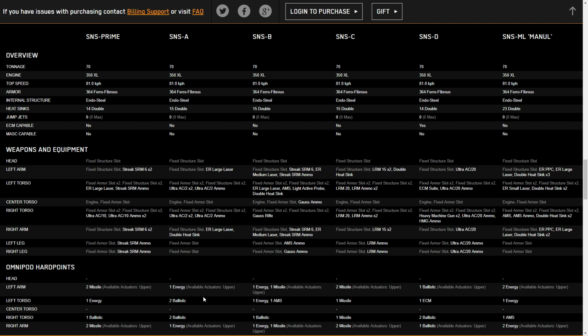So it could just be a good dual Gauss platform, something like, say, that the Jaeger mech kind of does, where you can do this sort of dual Gauss with the Ebon Jaguar Hero, because it's got the dual side torsos. It's going to feel similar to that. When you go into